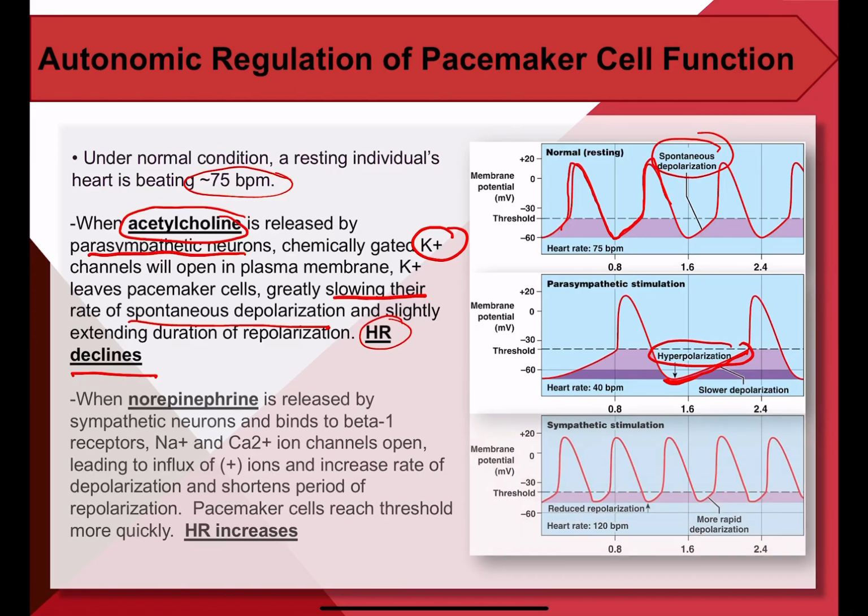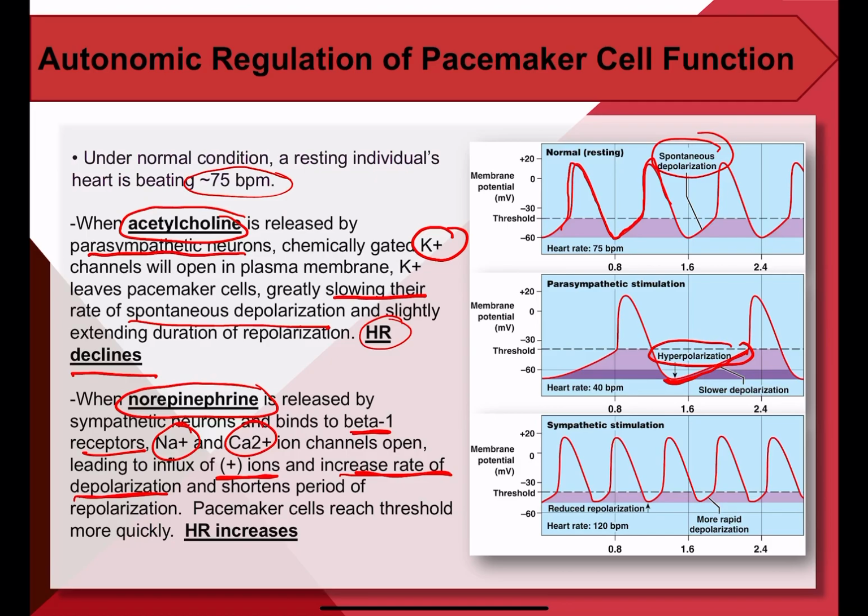On the other hand, if you need to quicken your heart rate, which is sympathetic stimulation, sympathetic neurons specifically will release norepinephrine, which was the neurotransmitter we talked about that those postganglionic neurons will release. And norepinephrine will bind to what's called beta-1 receptors and allow sodium and calcium ion channels to open, leading to influx of huge amounts of positive ions, which can increase the rate of depolarization and getting to that threshold even faster